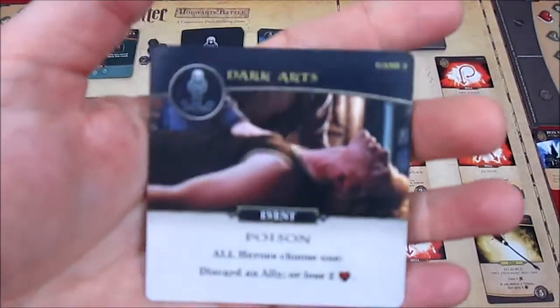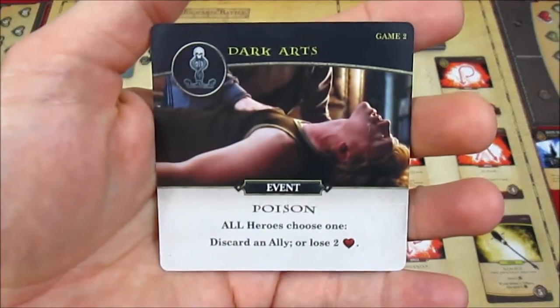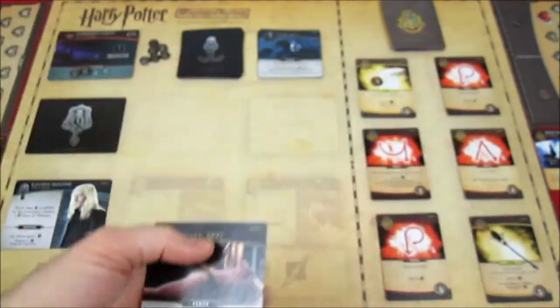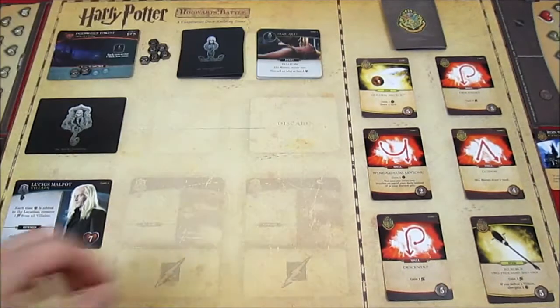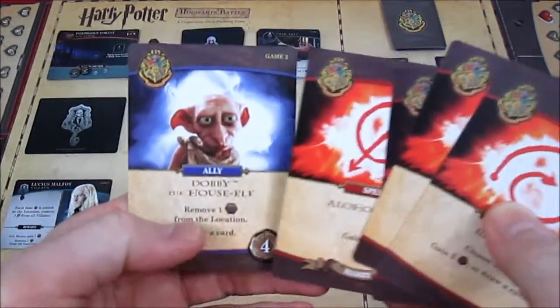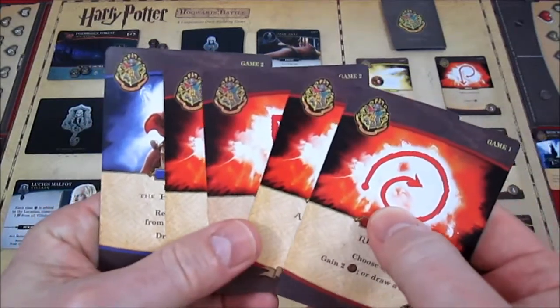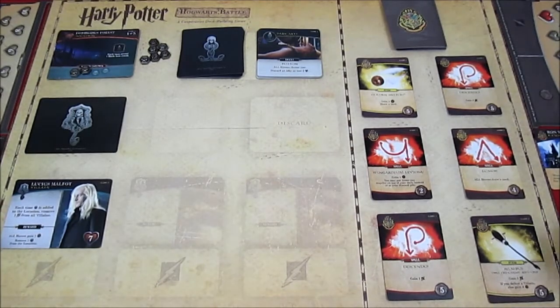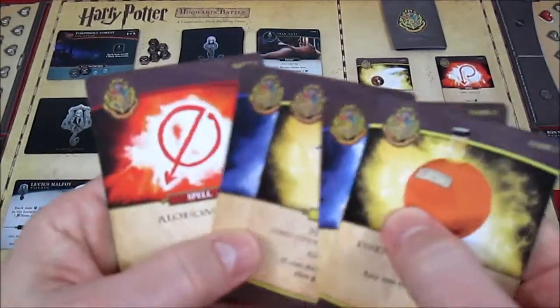Dark Arts card, Poison. Oh, lovely. All heroes choose one. They can discard an ally or lose 2 health. Harry can get rid of Dobby or lose 2 health. I think Harry's going to keep Dobby, and he's going to lose 2 health. So he's going to go from 5 health down to 3. Ron has...